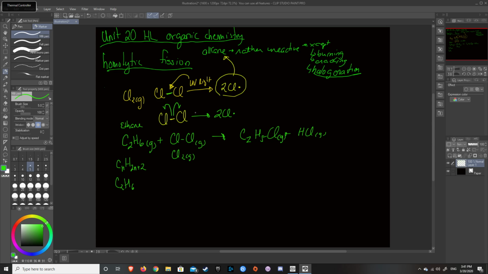From this, the sub-reaction that's happening here is that we use UV light, the same thing as before. UV light, I'll do that in blue. We add UV light to it, and UV light causes the homolytic fission of chlorine to form chlorine radicals, and those chlorine radicals will attack the alkane and form a chloroalkane. And the reason why we want to form these chloroalkanes